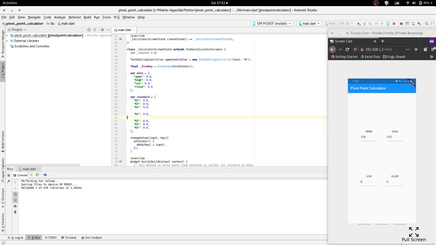Okay, R3 R2 R1, then we have this PP, and S1 S2 S3, right? Okay, and then we can simply say whenever any data changes, we know that something is changed, so we do one thing. We first of all update the data and we change the standard of